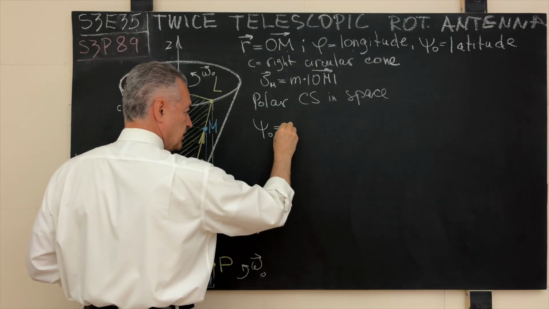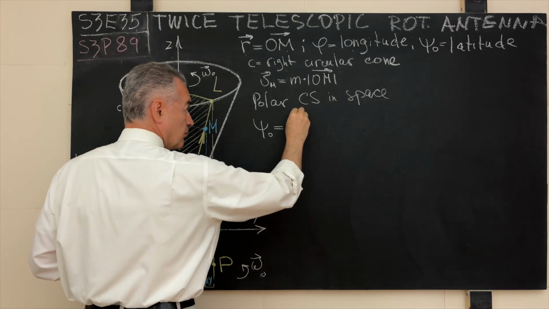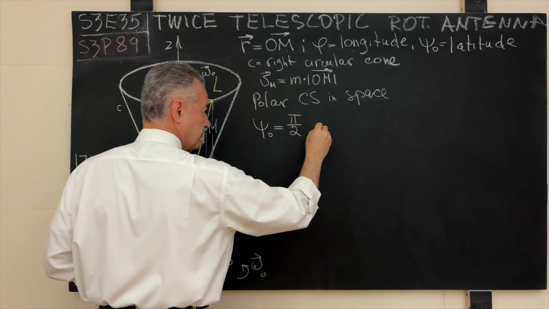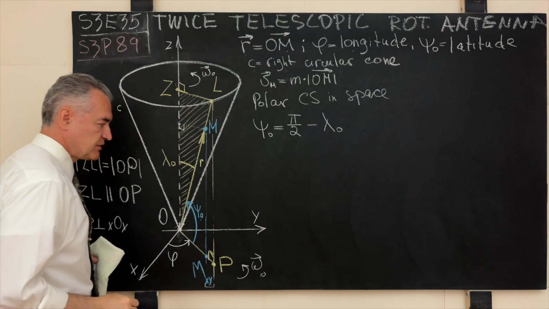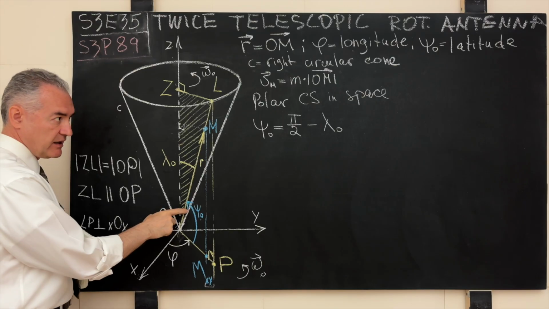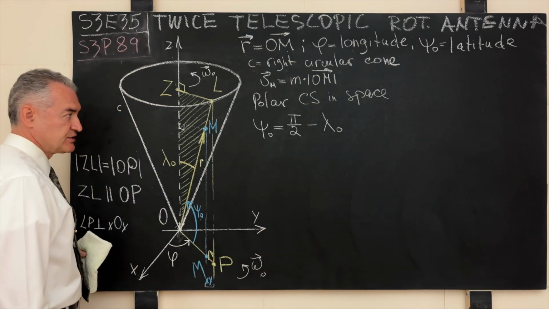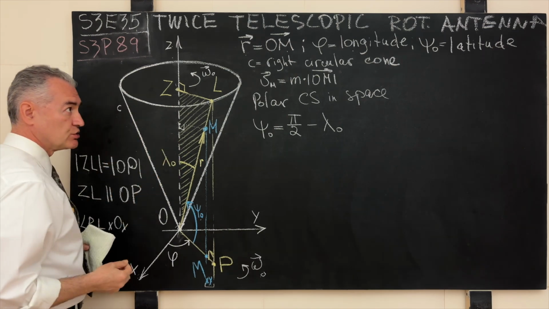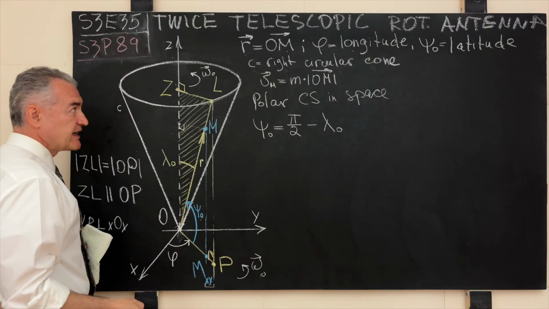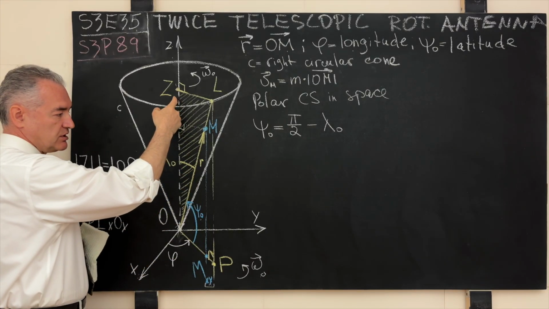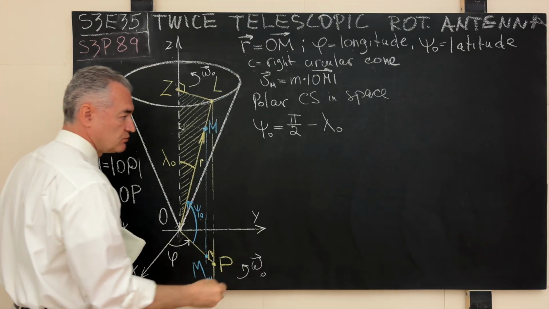Well, psi 0 will be equal to pi over 2, the right angle, minus our angle lambda 0. And that angle remains the same. In other words, if we cut the right circular cone with the plane that passes through the axis OZ, then we will obtain